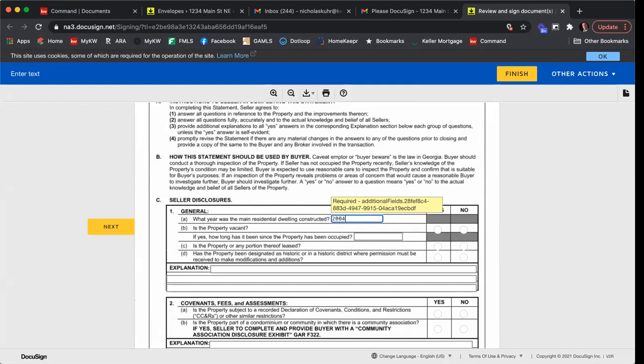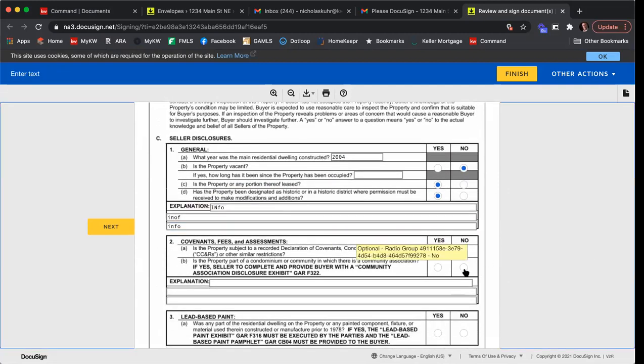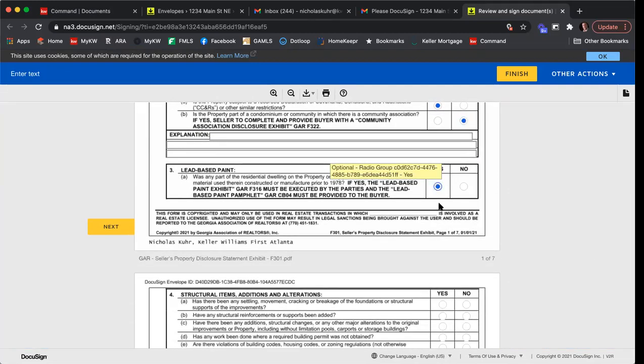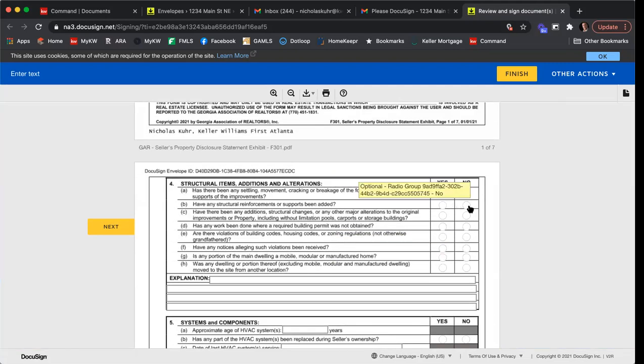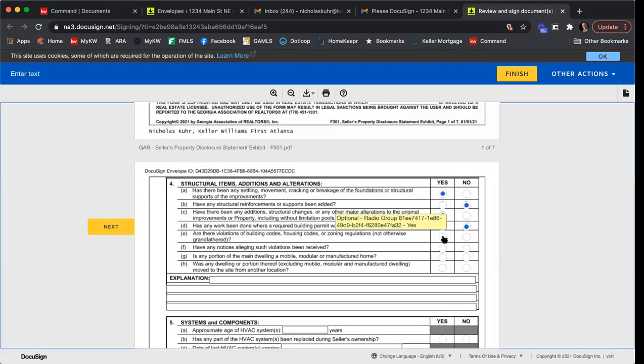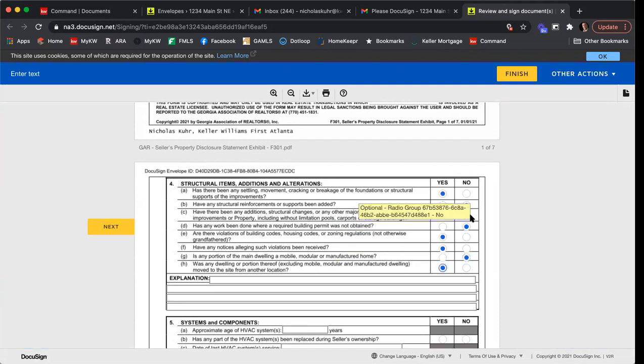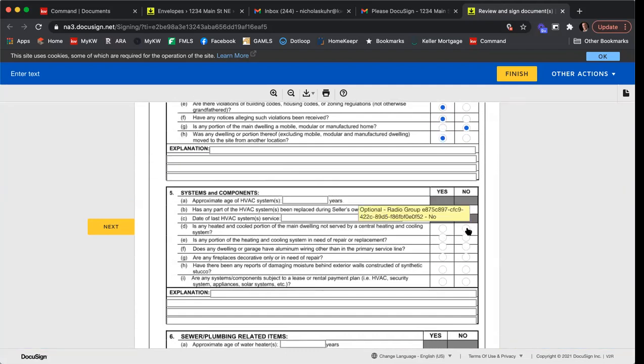So this is built in 2004, and now it's a lot easier for Tony to go through here, and he can type in all the info he needs to. And he can scroll through and he can check all these boxes. And I'm just going to go through and check some of this. I'm not going to do the whole document, but I want to show you that when we go to sign as Pepper,